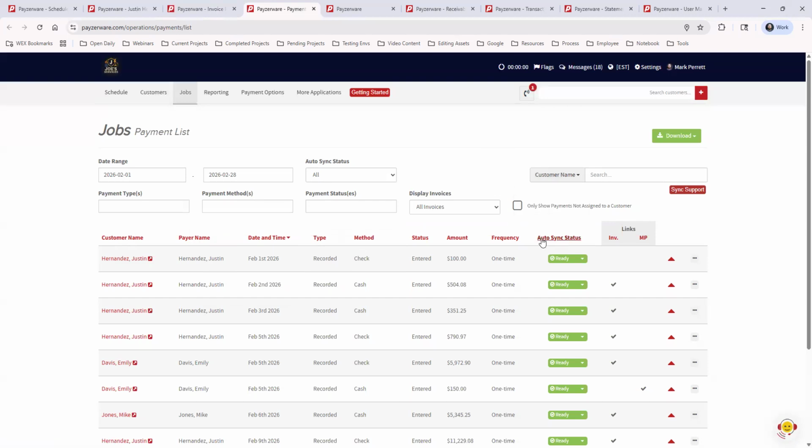Now, if you're looking at the auto sync status here, this is the sync status of each payment. So when a payment is made in WEX FSM, if you're syncing to QuickBooks, that will sync over to your QuickBooks. If there's an error, this would be where to check. Let's say that you're in QuickBooks, you're looking for a new payment that you just took, and you don't see it. You can come to this page, the payment list,